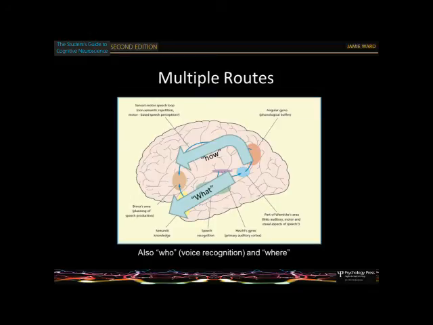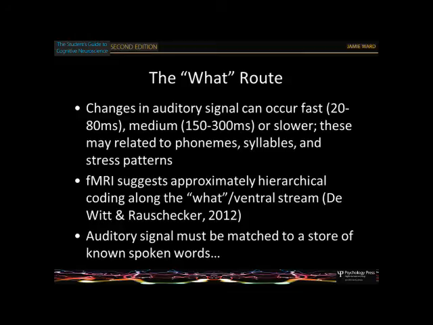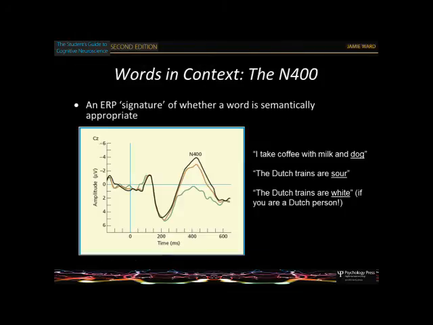So the idea in terms of the word route is that you've got this hierarchy of phonemes to syllables, and then you match these onto real word representations of the sound patterns of the words you know. Then you've got something else, which is the word meaning, at the far end there. Then you match the sound pattern onto the word meaning. But the word meaning itself can, the arrow can point backwards and affect what it is that you recognise as well, to some